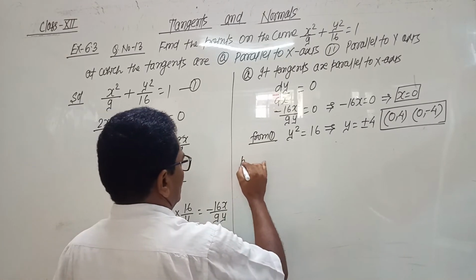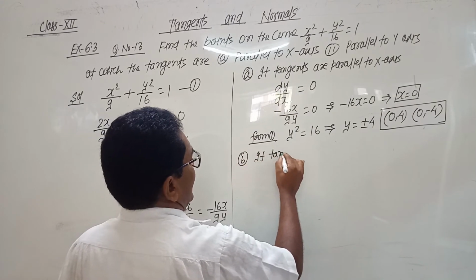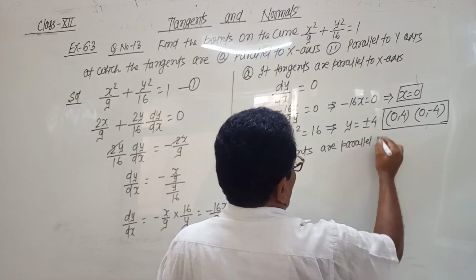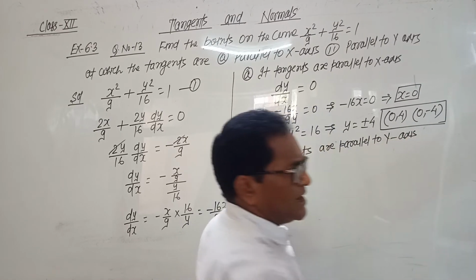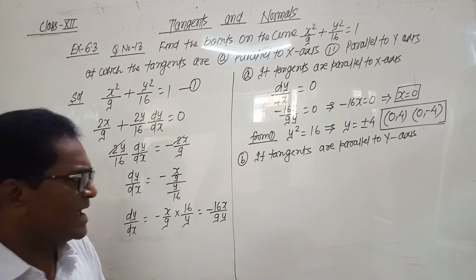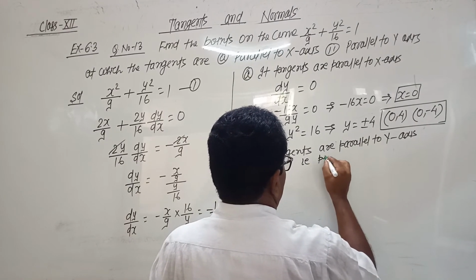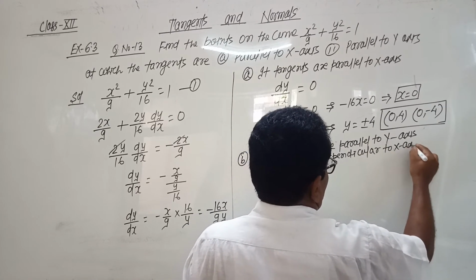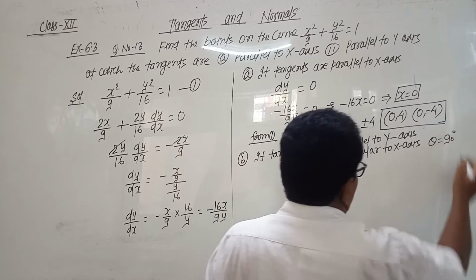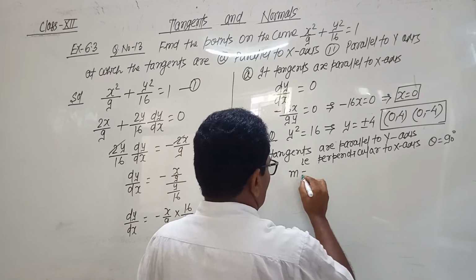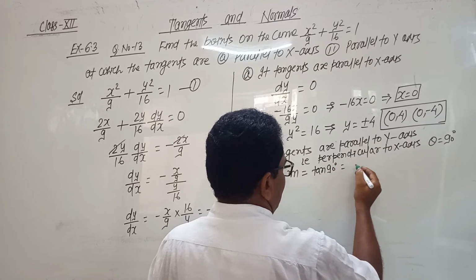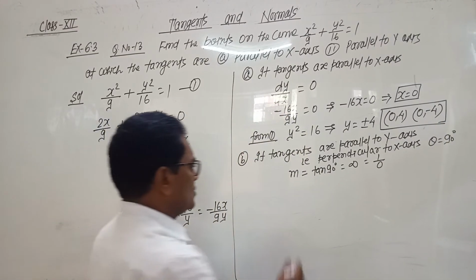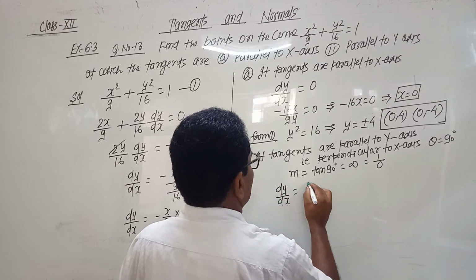Now the second case is, if tangents are parallel to y-axis. If tangents are parallel to y-axis, it means it is perpendicular to x-axis. And if the line is perpendicular to x-axis, it means theta equals 90 degrees, and we know that slope m equals tan theta, so tan 90 degrees, and tan 90 degrees is infinite, and infinite, not defined, is given by 1 by 0. So we make the slope equal to 1 by 0, which means dy by dx equals 1 by 0,